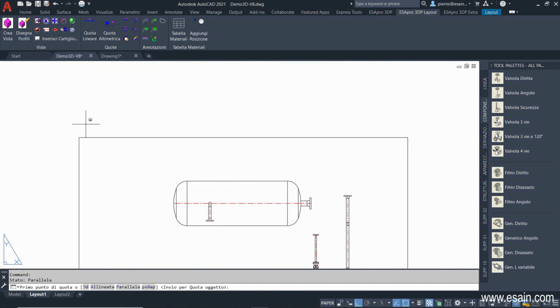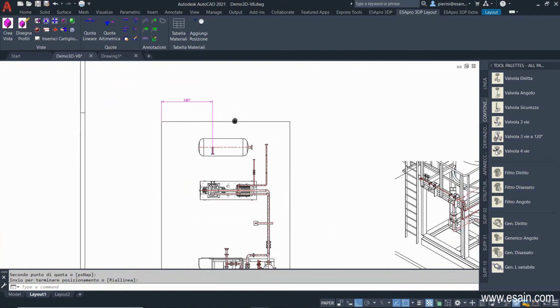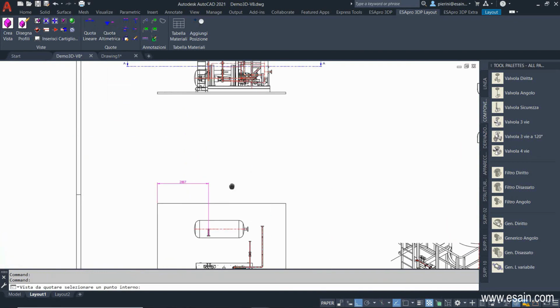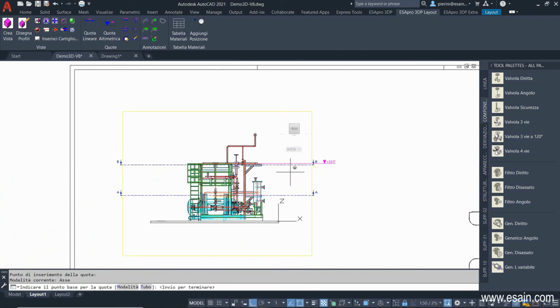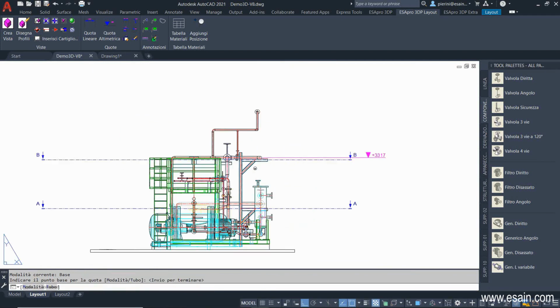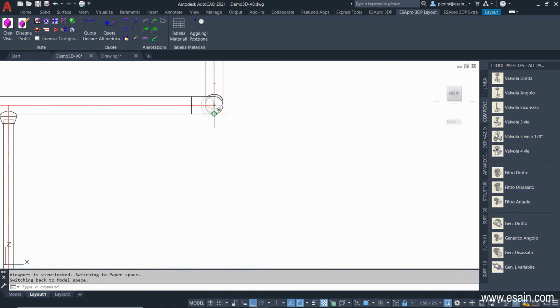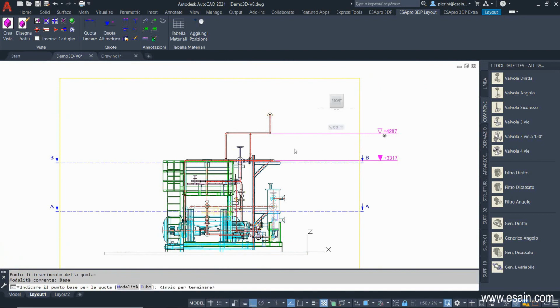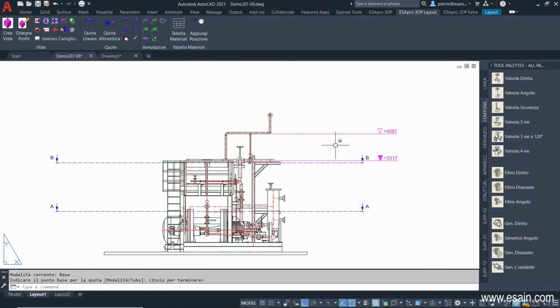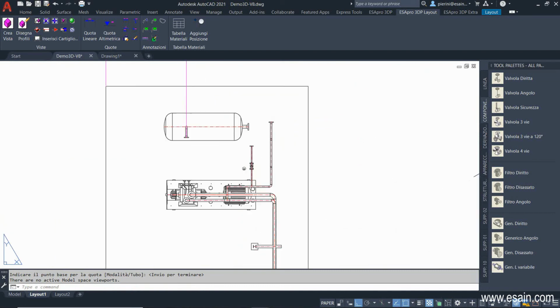Now let's go add the dimensions. The ASA Pro dimensioning command is very similar to the AutoCAD linear dimension command. This dimension is not available in AutoCAD, it's the altimetrical dimension. With this command, it's possible to show the pipe axis elevation, center of pipe, or, according to the mode, the base elevation, bottom of pipe. For example, if we want to show the stand height of this pipe, we can use the base elevation. The settings are managed by AutoCAD, so dimensions respond to normal dimension styles.